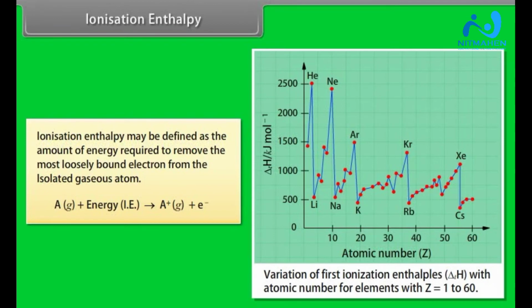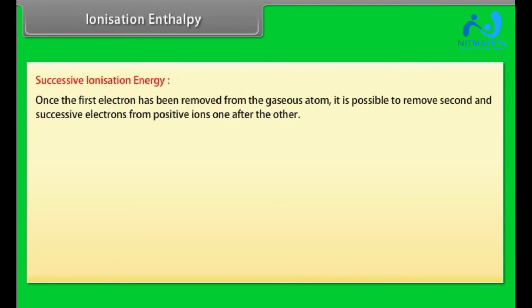If we provide ionization energy to the gaseous atom A, it loses an electron. Successive ionization energy. Once the first electron has been removed from the gaseous atom, it is possible to remove second and successive electrons from positive ions one after the other. For example,